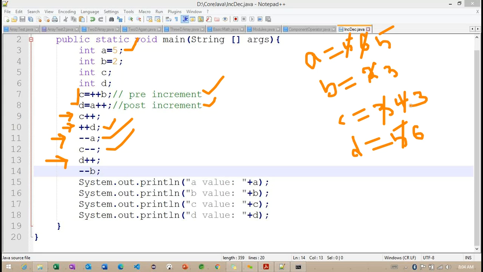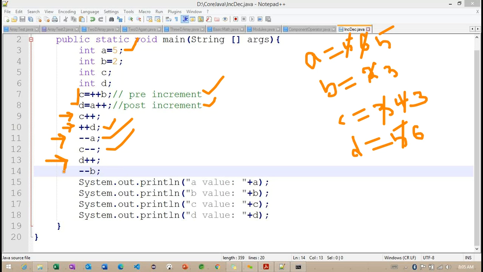With the pre decrement operator, before doing any expression, the value is going to decrease. But when we work with the post decrement, after performing the expression, the value is going to decrease. Right? So this is the only difference between pre and post. So finally, we need to understand this particular D.